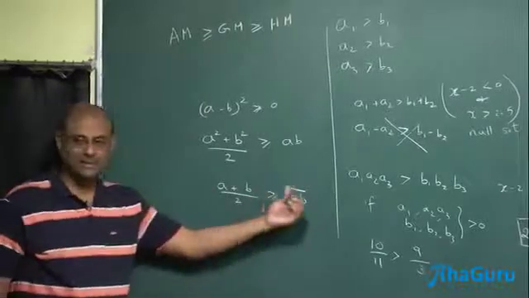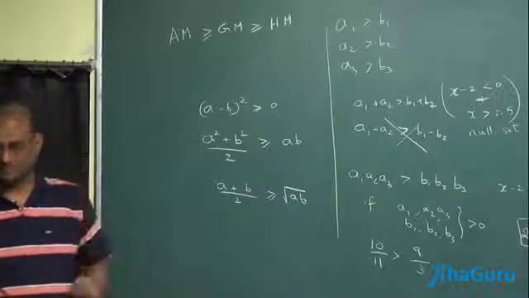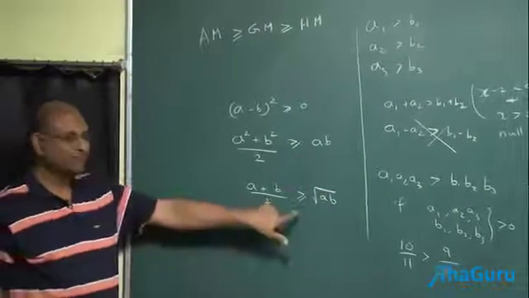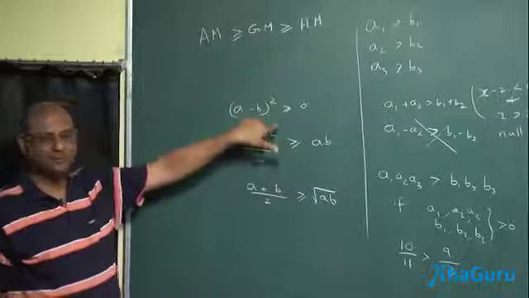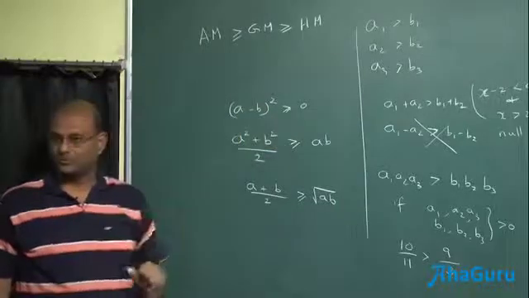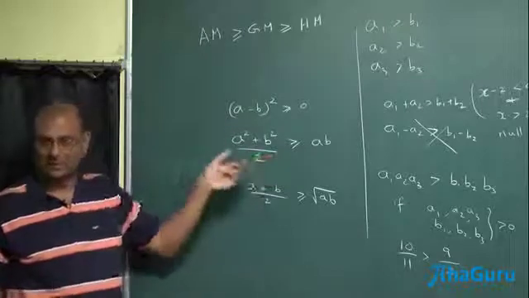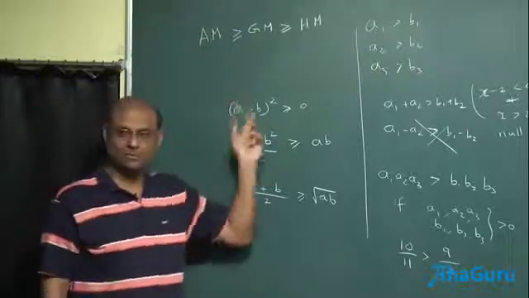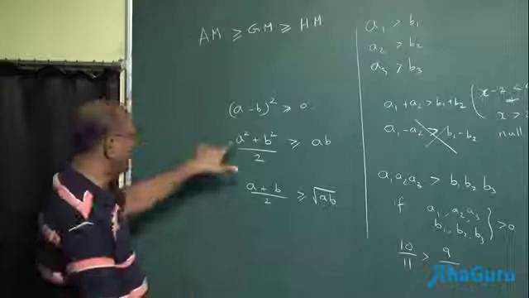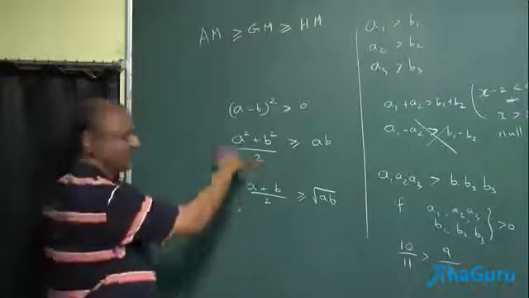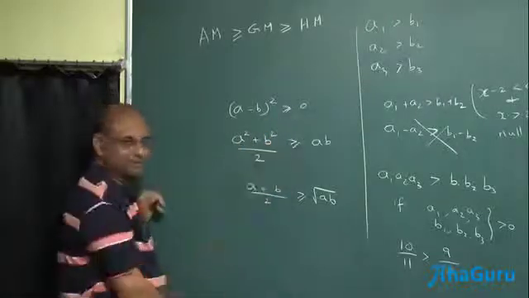This is the arithmetic mean and that is the geometric mean for two numbers. So basically, how do you prove it for two numbers? Very simple. Start with (root a minus root b) whole square, or (a minus b) whole square. For a minus b, you will get a square plus b square. Just write this as root of a. Instead of a, you write root of a. Then you will get a plus b, and then you will get root a root b.